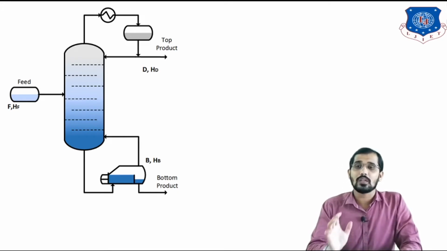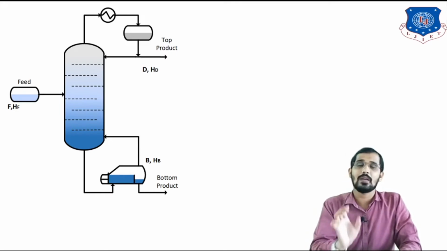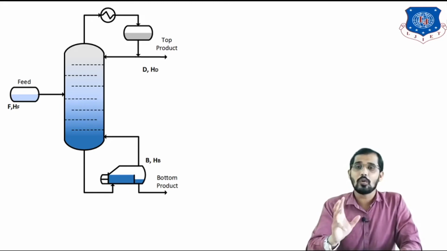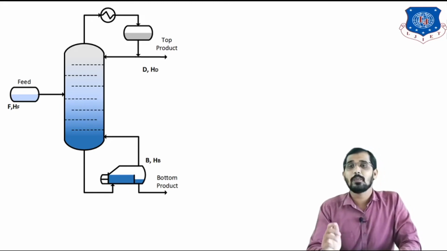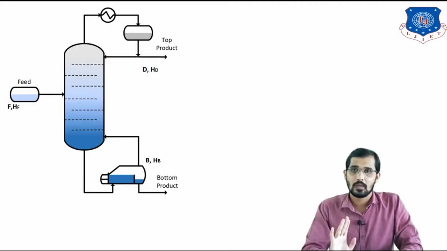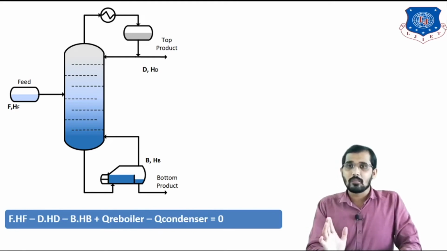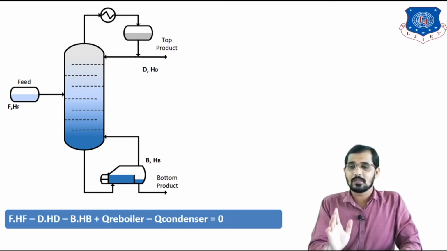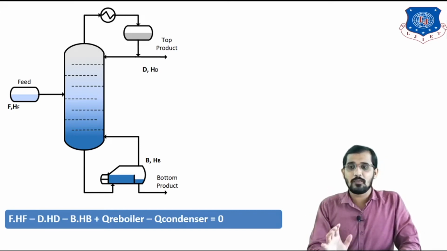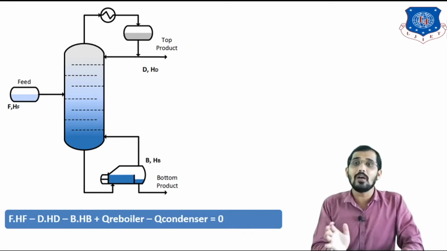Now how to draw this column in a TQ diagram or TH diagram? TQ diagram and TH diagram are both the same. How to draw this diagram we are going to see in the next slide, but before that you should know how to write the material balance for this figure. The material balance is inlet minus outlet stream. So the inlet stream is F HF, this is the overall balance. So F into HF minus D into HD, meaning the distillate stream and bottom stream are separated, bifurcated from the feed stream.